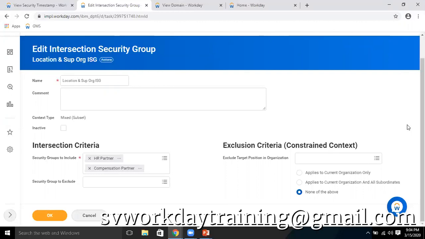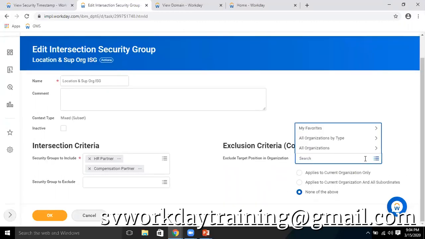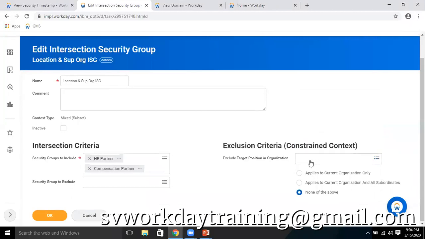So let's say we all are working in the human resource organization. If so, we can put it here: exclude target position in organization. So let me add, and I'll put the organization. All these things apply to current organization only, because my requirement says I only want that all of us should not see each other's compensation, but I'm not restricting that we cannot see others' compensation. So I'll use this option which says applies to current organization only. That means